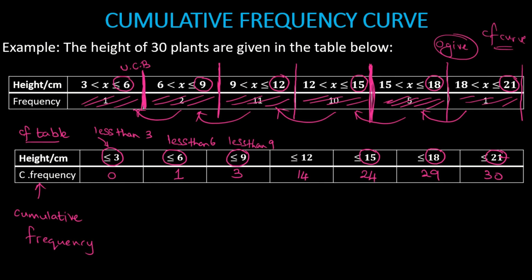Now at this particular point, you must check whether your cumulative frequencies are correct or not. How do you check? By simply observing the last value. The last value must correspond to the total number of plants in the question. Right? What is the total number of plants in the question? It was 30 plants. Right? So it is correct. Right? So after having developed the CF table,